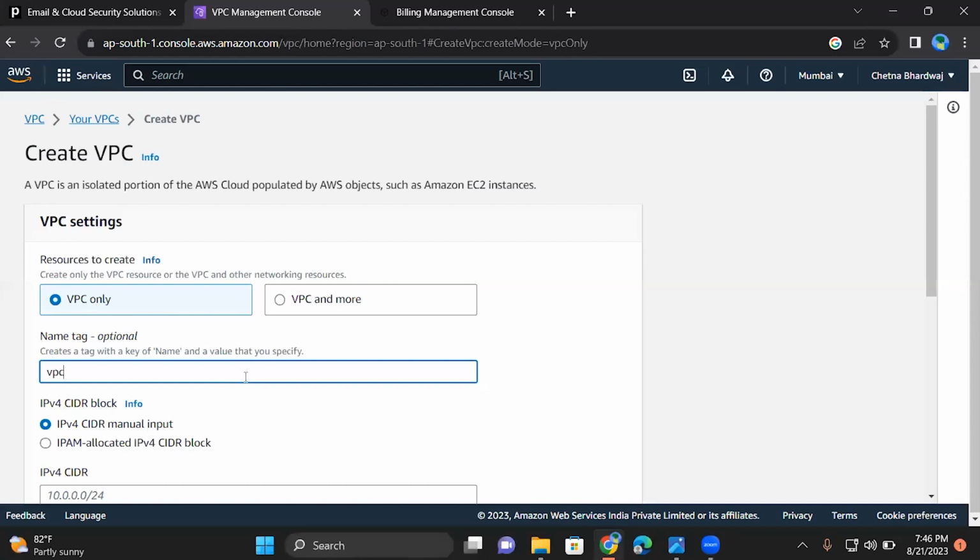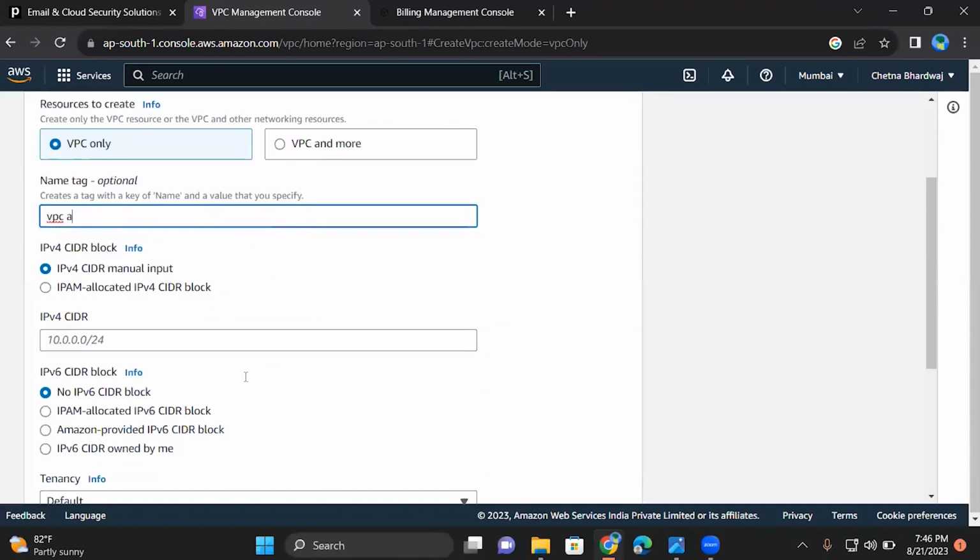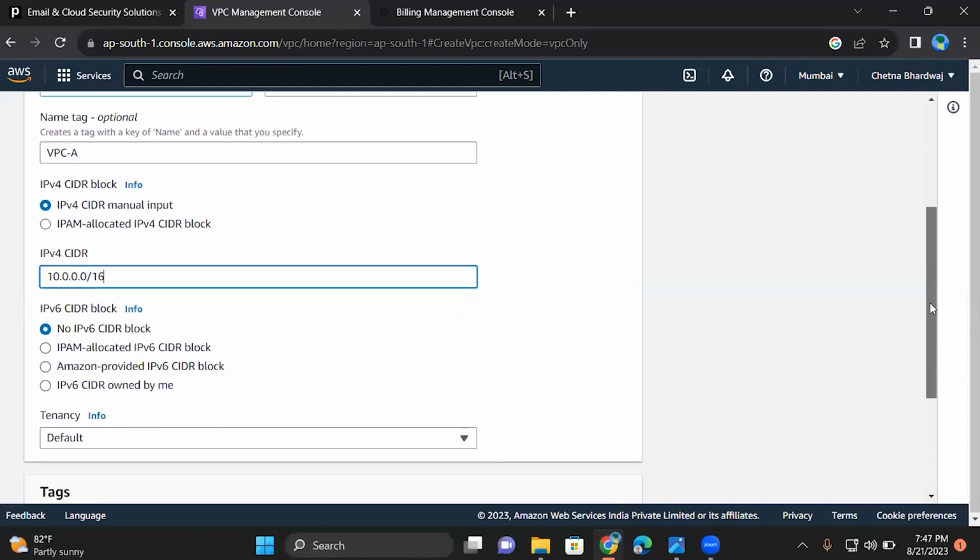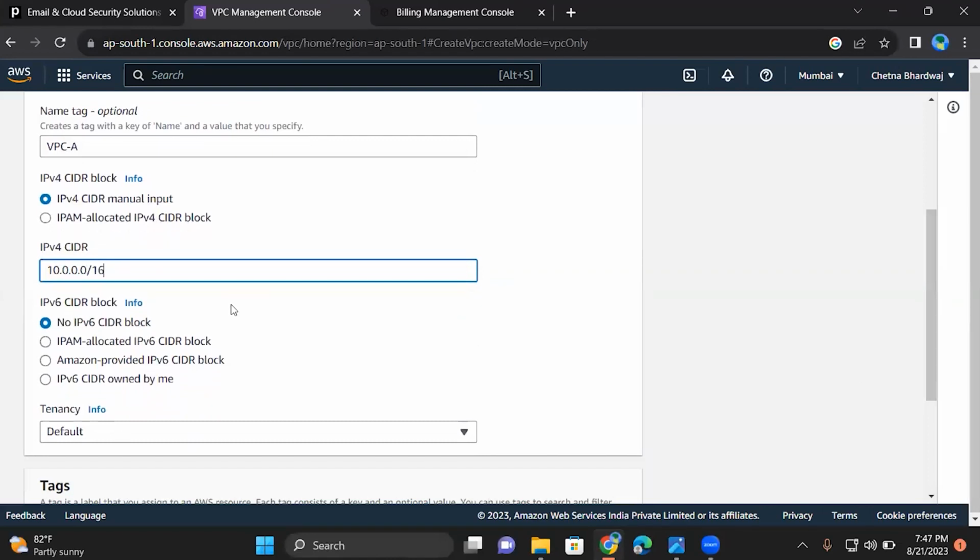I am naming it VPC A. Let me assign a CIDR block to this: 10.0.0.0/16. Guys, I hope every one of you knew why I am using this IP range, because this is the default